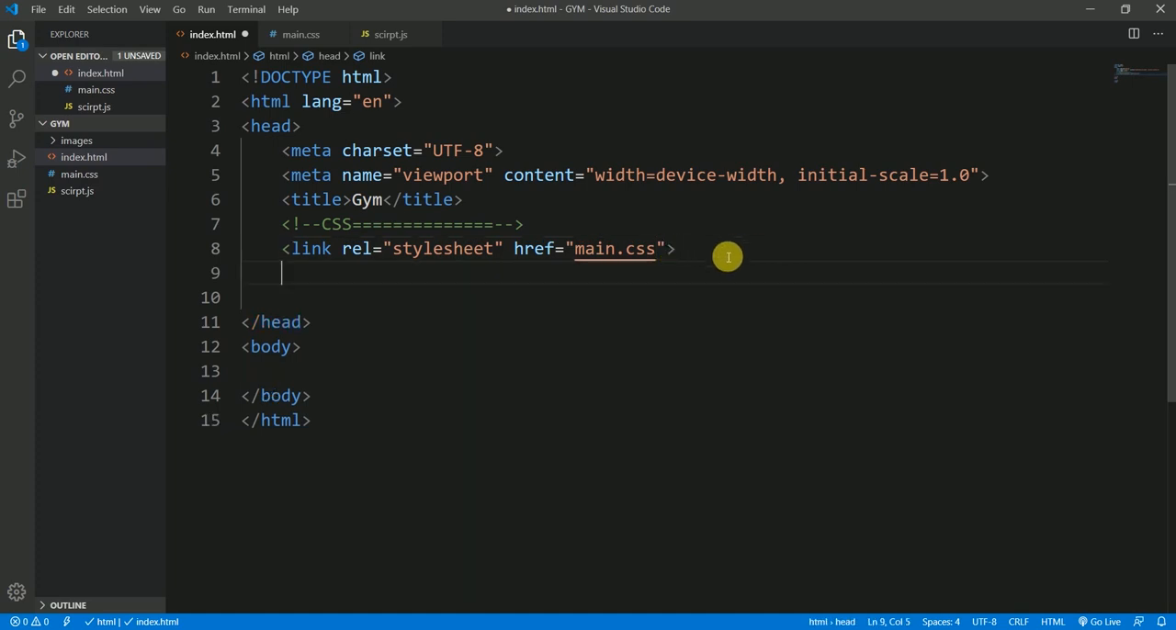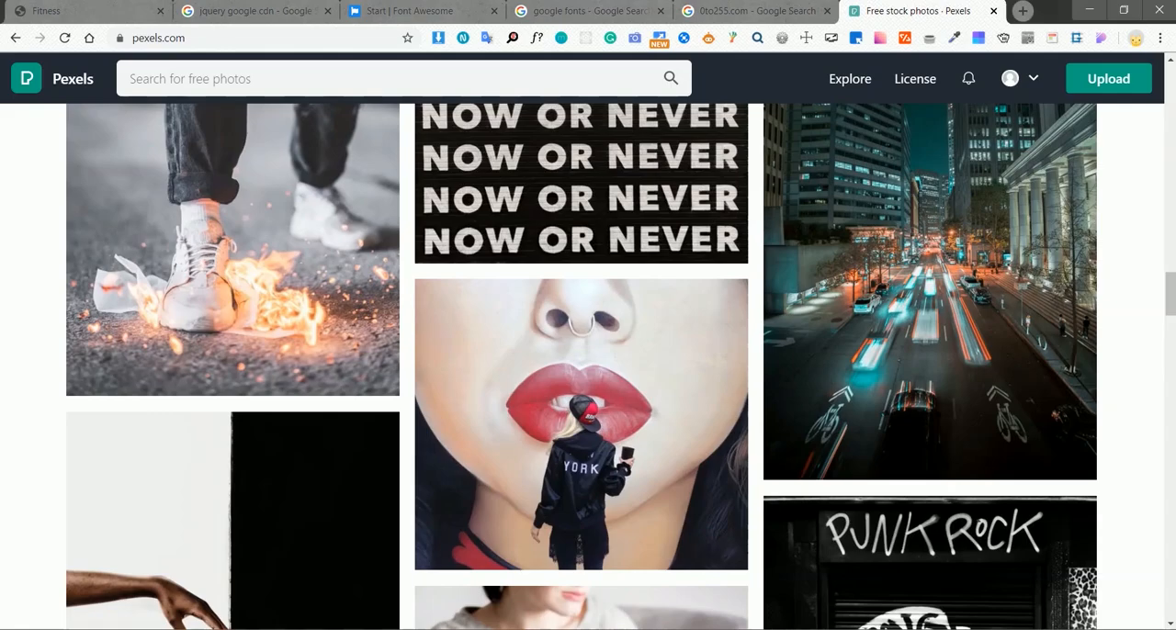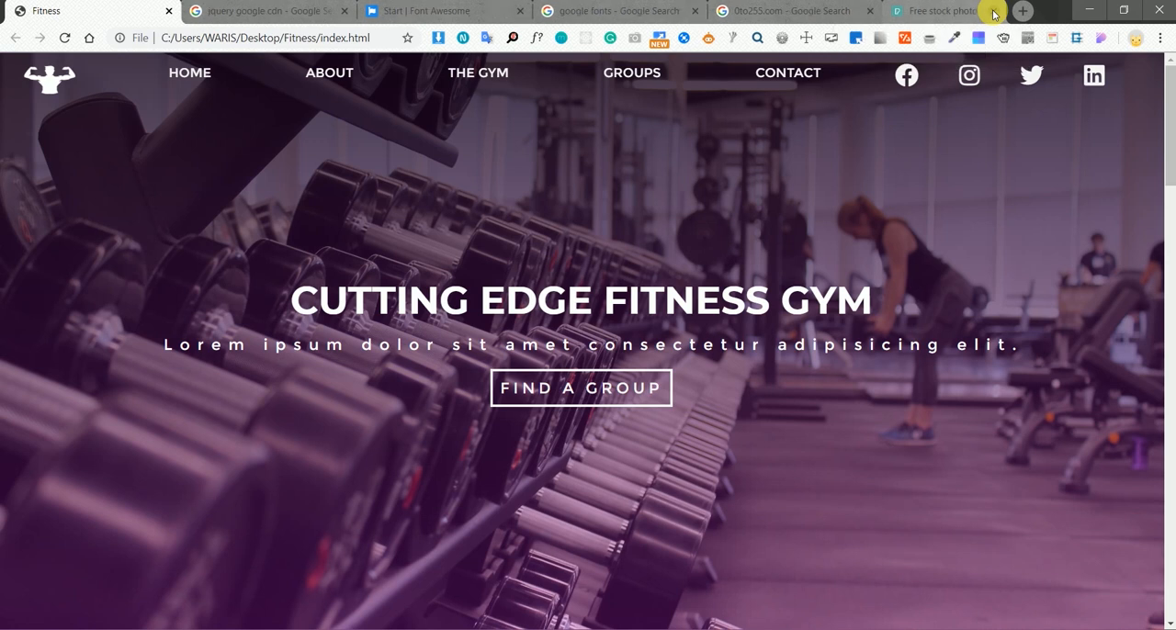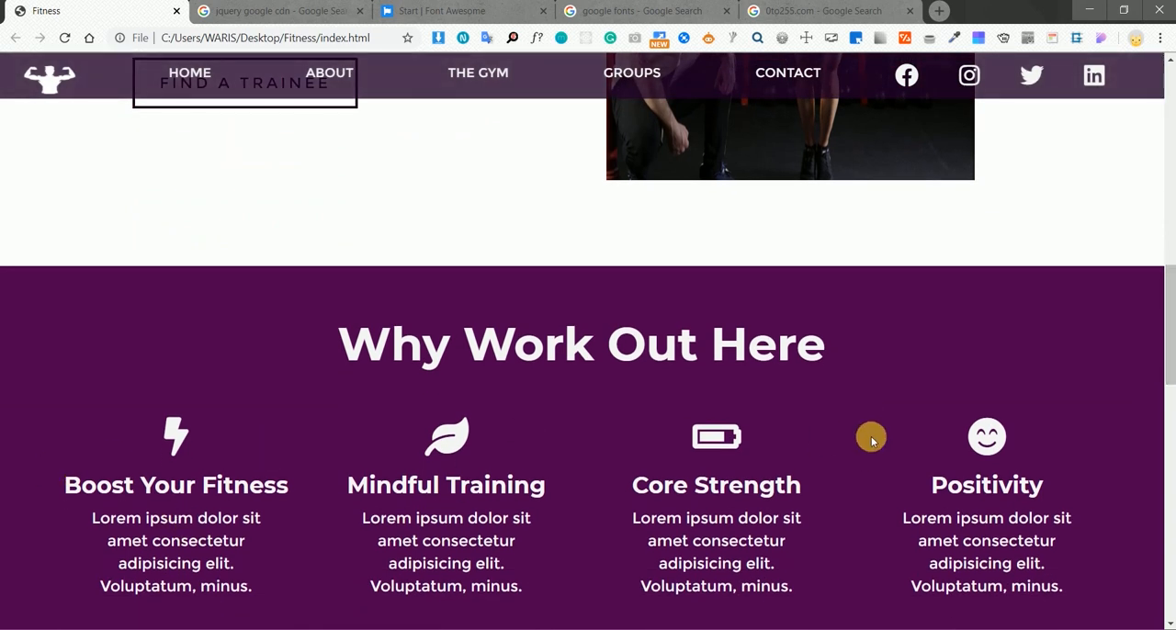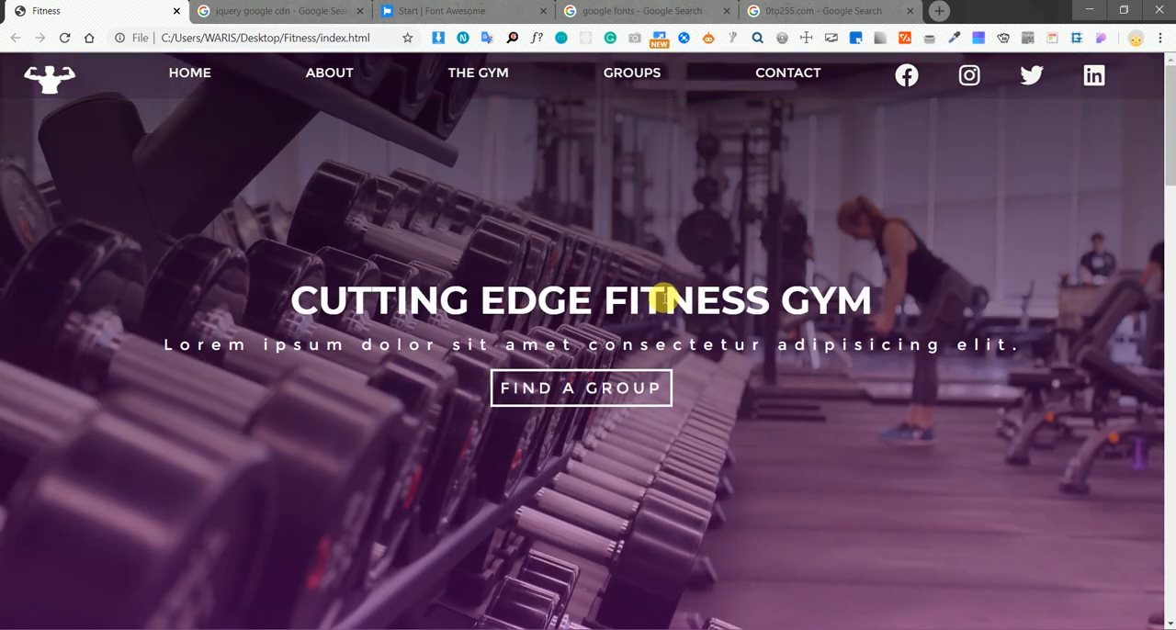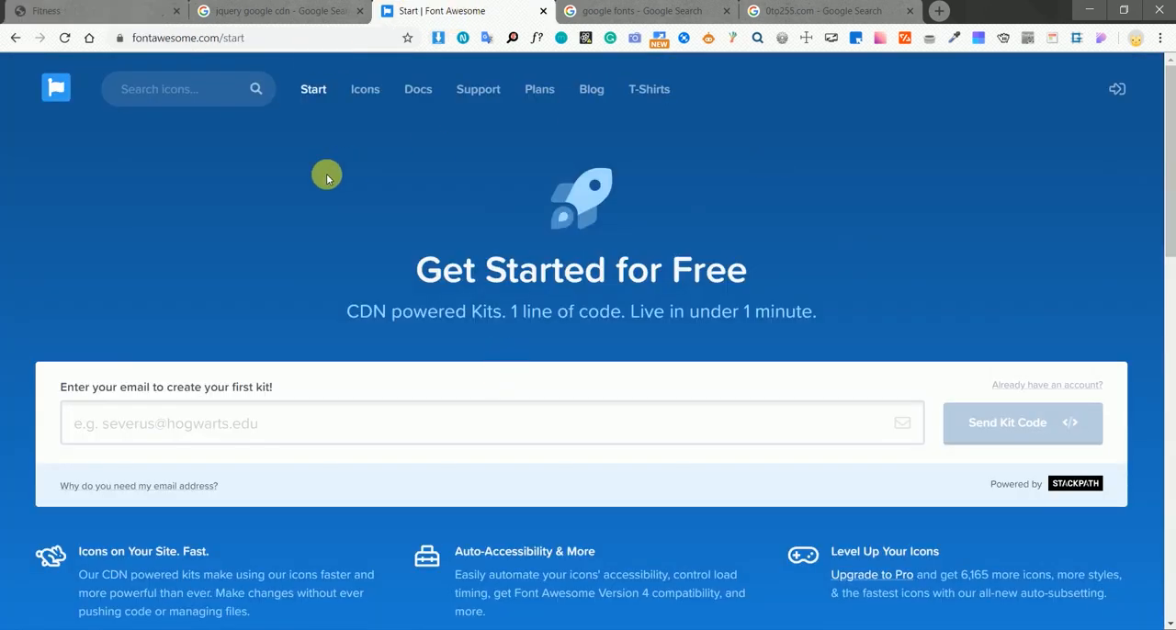Now I want to have some icons. Let me close this Pexels site. All these icons I've got from Font Awesome, the fontawesome.com website. They have free and premium icons also. How did I get these Font Awesome icons? First of all, here you have to enter your email address. Suppose I'm just saying test